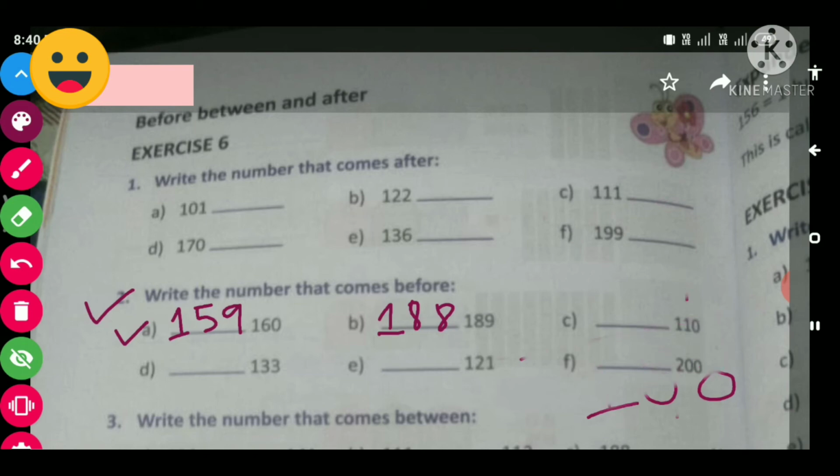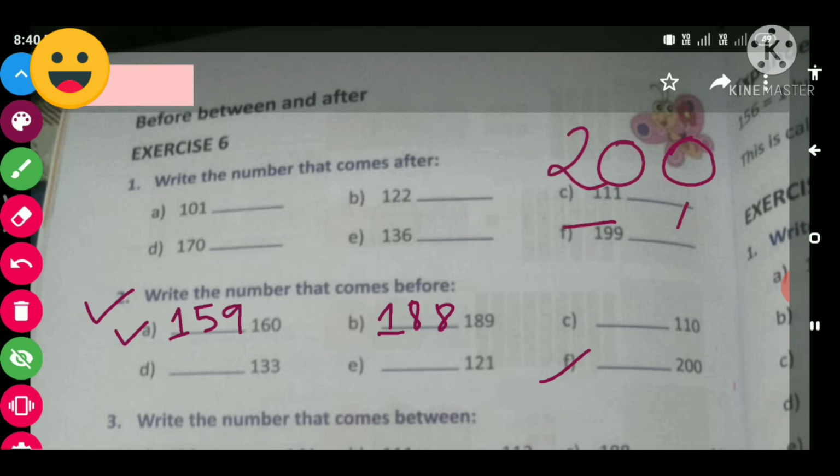Now see F number. Here in F number, 200 is given. So again we'll do subtraction, minus 1 with 200. So 0 can't be subtracted by 1, so it will take carry. So this 2 will become 1. This 0 will become 9 and this 0 will become 10. So 10 minus 1, 9.